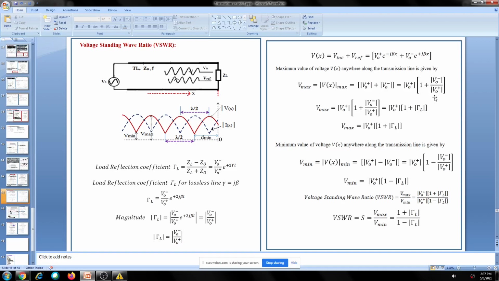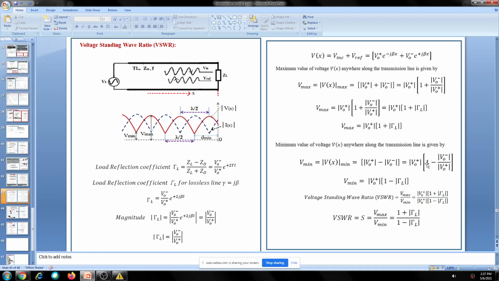So here we have that. We will be having the magnitude of tau here. So V maxima is equal to this. Similarly, V minimum means whenever these two terms are out of phase, this one and this one. So there is a minus sign here. Otherwise, maximum is this, where both are 1 and 1. That's why out of phase is minus here.